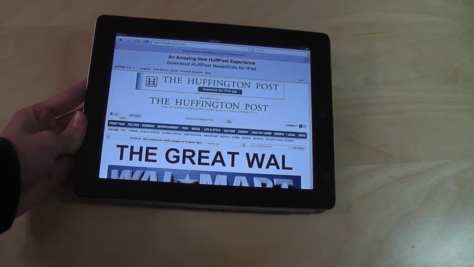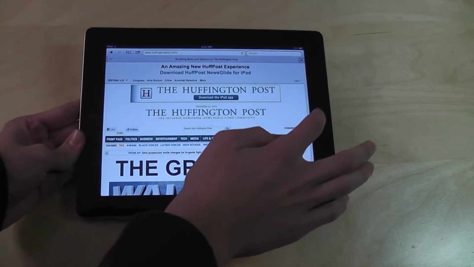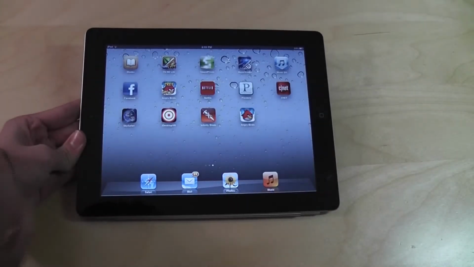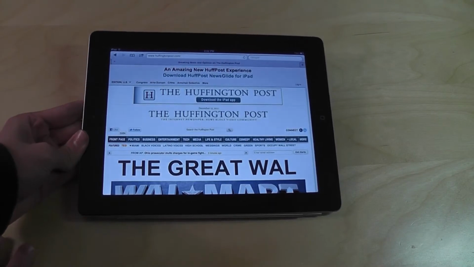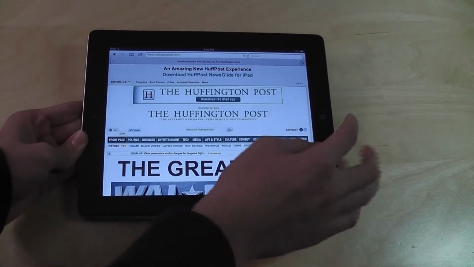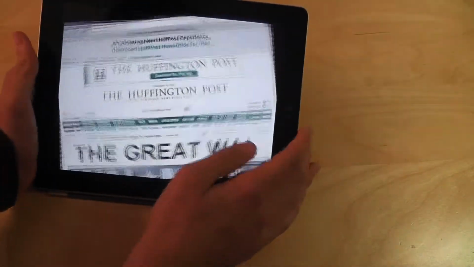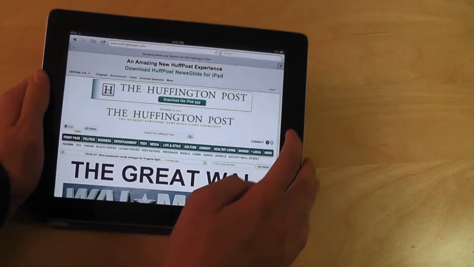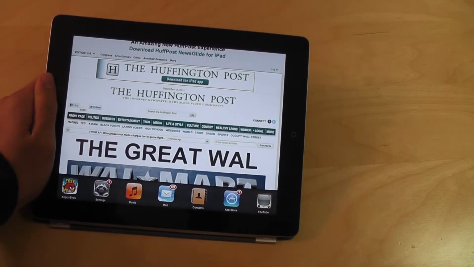Now, let's say if I wanted to go back to Angry Birds. Well, you would think you would just press this button once, and then click on Angry Birds, but that's not the case. You can do that, but this is an easier way to do it. This is the home button right here, this little button. If you press this home button twice, decently fast, so 1, 2, it brings up this bar.